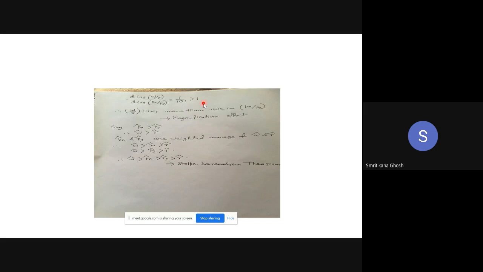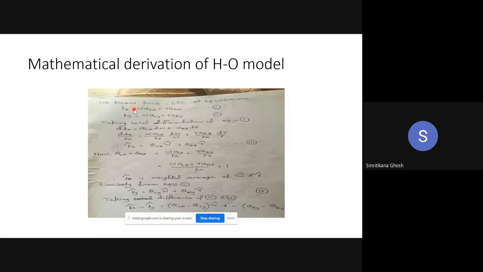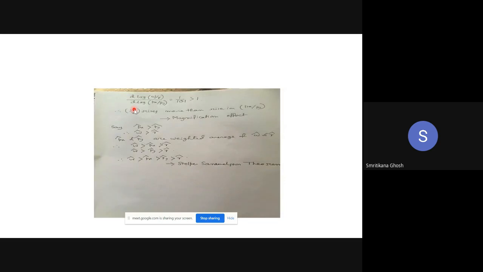So what is the implication of all this two pages of mathematics? The implication is, if px by py is rising, w by r is rising more than that. First of all, we have already proved that there is a one-to-one relation between px by py and w by r, right?